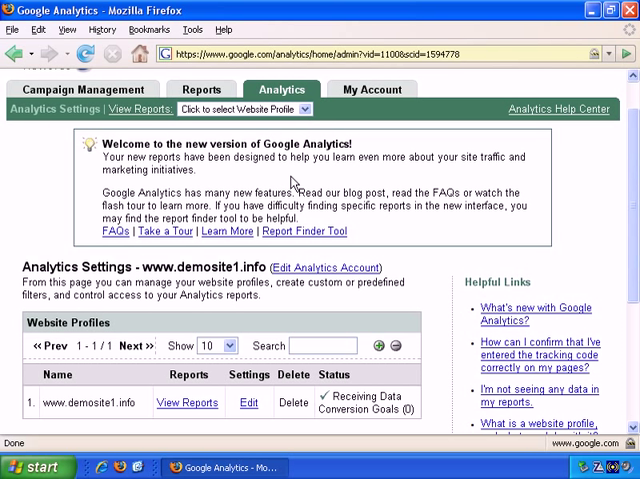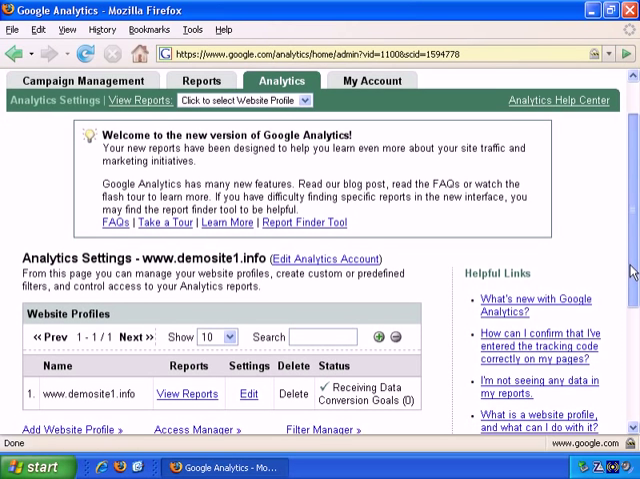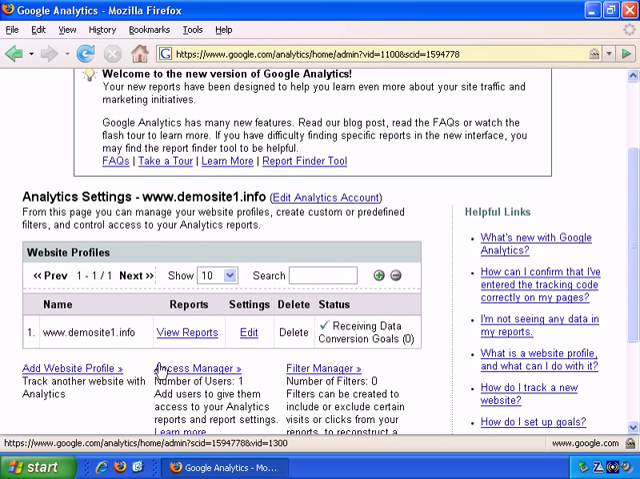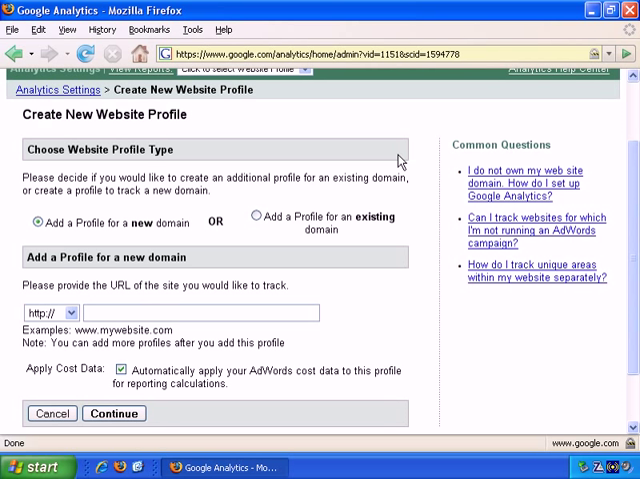So the first thing you need to do is start adding website profiles to your Analytics account. Of course, make sure you're in the Analytics area of your Google AdWords account, and in the Analytics settings sub-area, shall we say, and then existing website profiles are displayed here, or you can just add a website profile. Here you have the option of adding a profile for a domain,